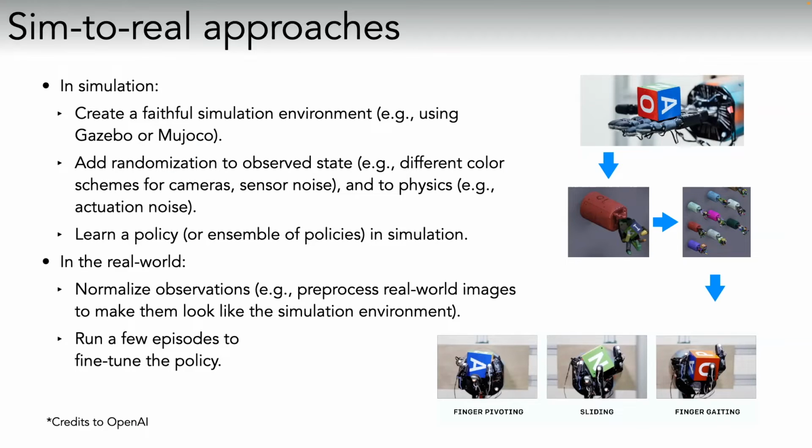So for example, just to be very concrete, when they were training this robot hand manipulator to manipulate this cube, it turns out, because the cube is being observed, so the position in 3D space was being observed by a camera, right? It turns out that you have to change the color of the hand, because the color of the hand that is holding the cube is part of the observation. And if you don't domain randomize over the hand's color, you're going to be specializing your policy on a hand that always looks the same, right?